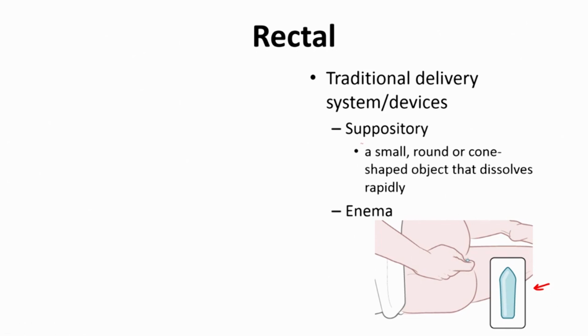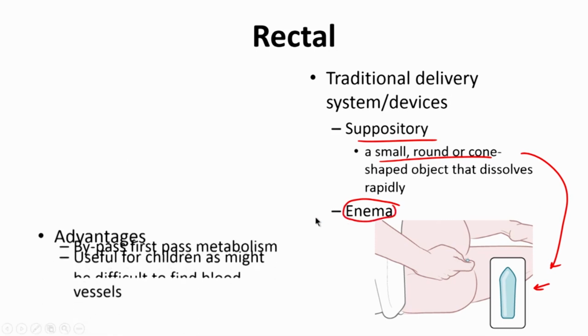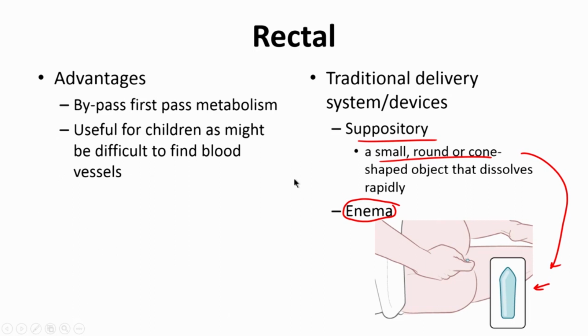So this is a suppository, which is nothing but a small round cone shaped object, which is this, and sometimes an enema is also used, which is a liquid formulation which is poured into your rectum as well. Some of the advantages, as I briefly mentioned in the previous slide, are that it bypasses the first pass metabolism because there is a different vein that takes it to the systemic circulation, and it is actually very useful for small children